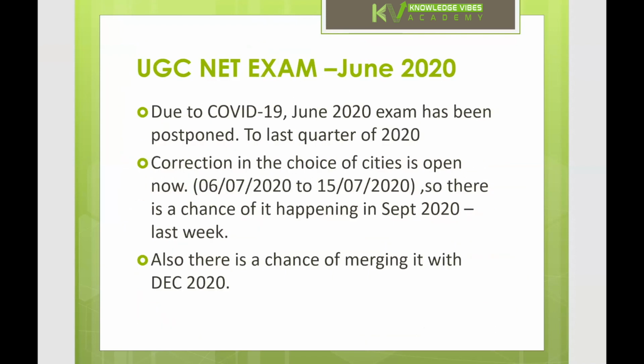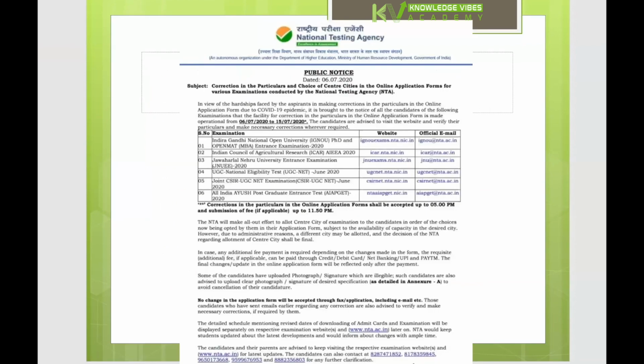Now, June 2020 is past. Due to COVID-19, the June 2020 exam has been postponed to perhaps the last quarter of 2020. Correction in the choice of cities is open now, and the dates are given. There's a chance of it happening in the last week of September, but as we understand, the chances are low. I'm not giving you any false hopes. Also, there is a chance of merging it with December 2020. That's what is most expected. So this is for your perusal. That's NTA's notice. Then